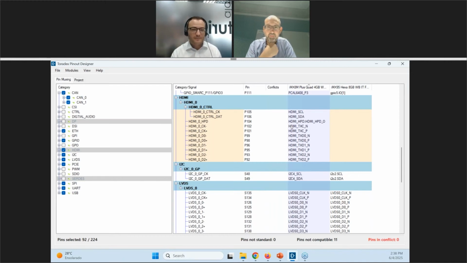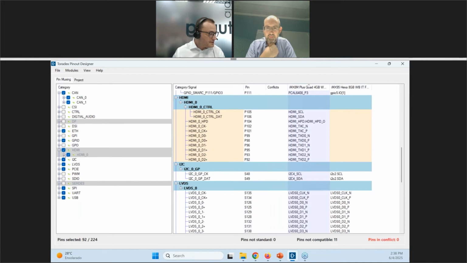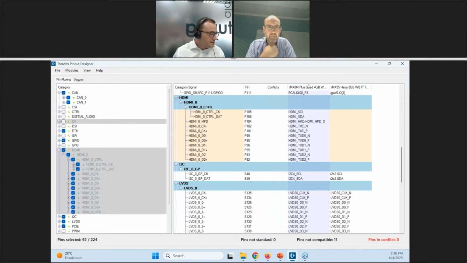Just get the block diagram, just get this tool, select all the things, and you can even do a deep dive, for example, here, for each pin, what is the number of the pin. So you just cross that with any carrier board you're using. If you have your carrier board already, just cross that with that information. We can even export that in an Excel spreadsheet for you. With that, you're covered to know how compatible you are from a hardware perspective, if you need modifications. Hopefully,